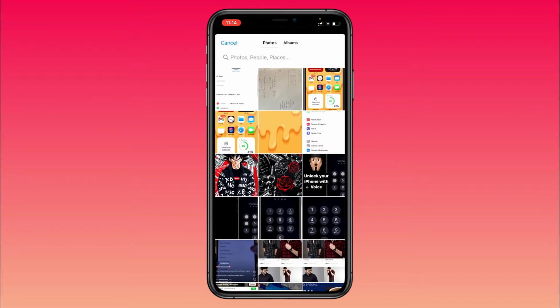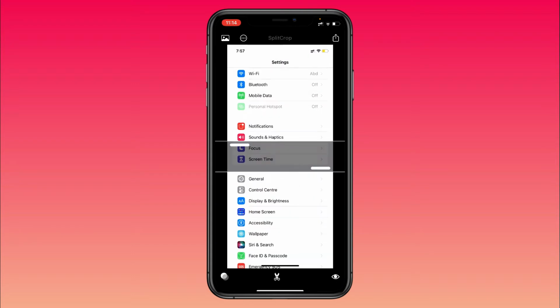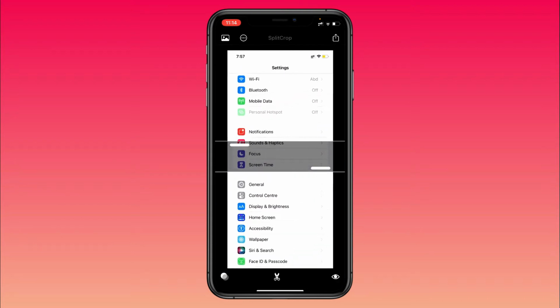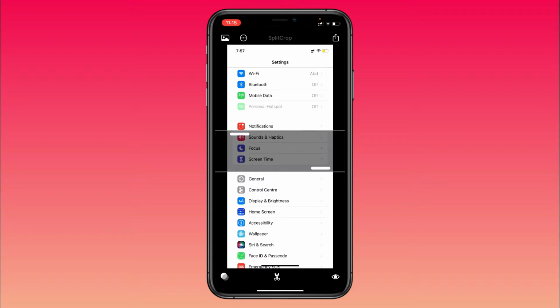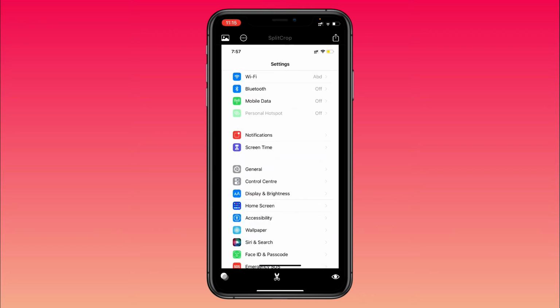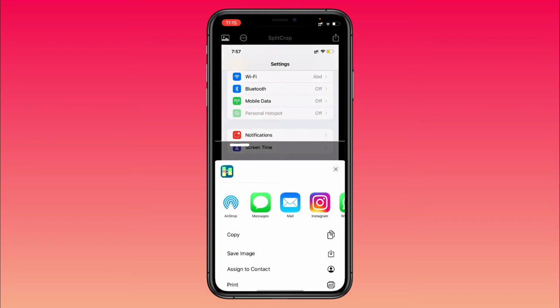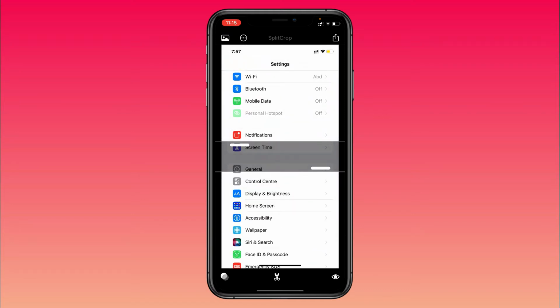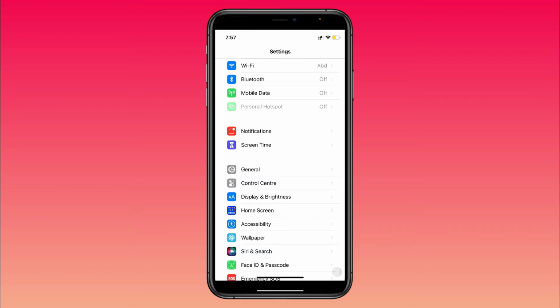All you got to do is just load the screenshot, and let's say I want to hide this area right here. So all I got to do is just place this highlight. Here you can see just the part that you want to split, just like that. You can see how it's done. It's amazing the way it works and how good it is. So you can see that it has removed the part and merged the screenshot together again. It looks flawless, and of course you can just go ahead and tap here and save it to your camera roll, and you can send it to anyone you want.